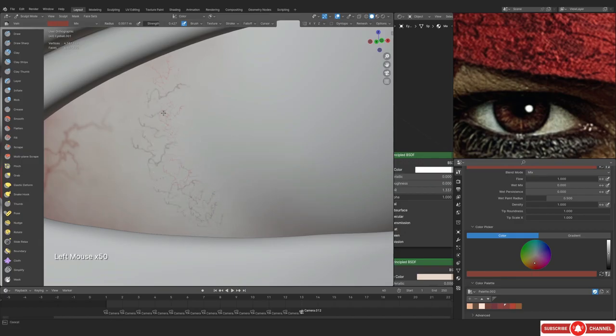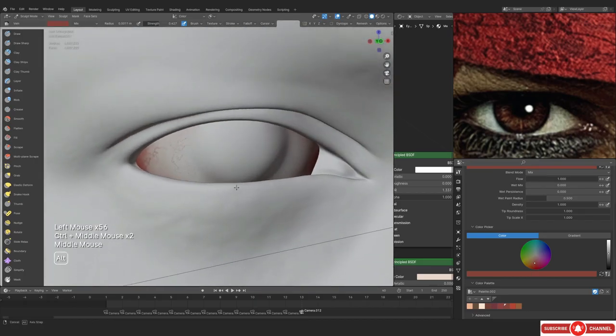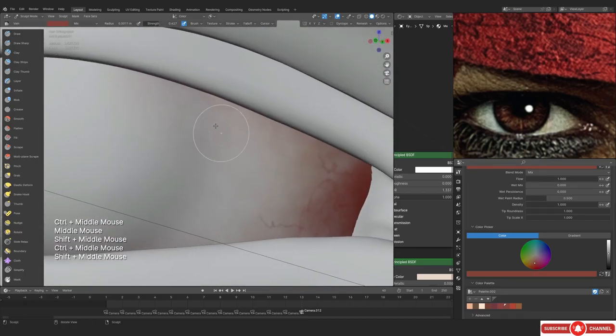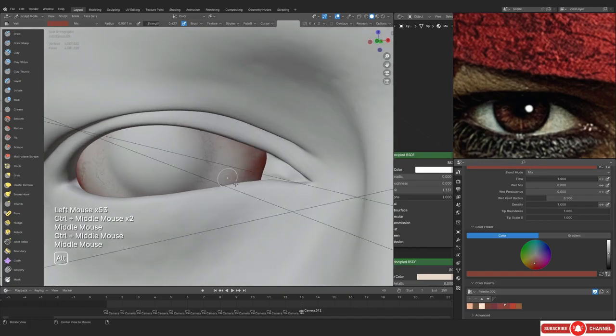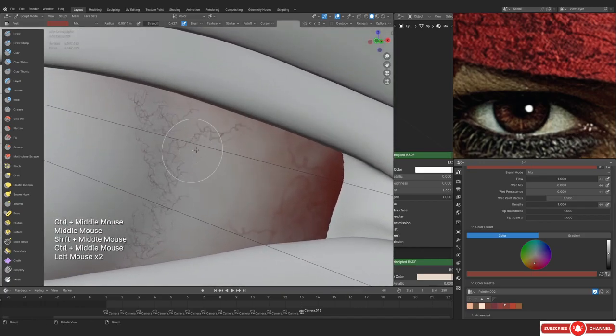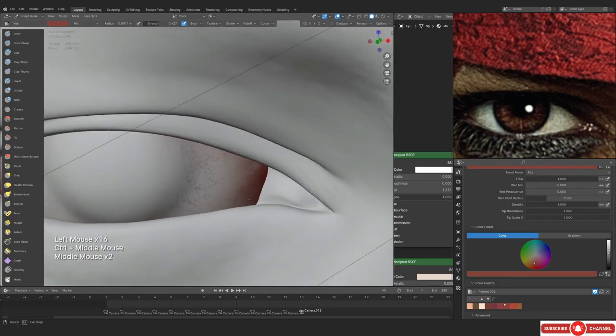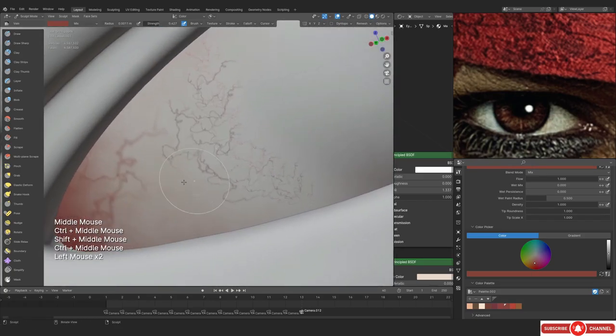Alright, so these small little veins that you are seeing, they kind of look weird, and I am actually gonna be painting over some colors. I'm gonna be adding some colors on top of these to remove some of them, because they didn't really look that good. As I've said, we're gonna be doing the veins two times, but it's okay. It is always trial and error. So that's what I'm doing right now. Just adding a whole bunch of veins.